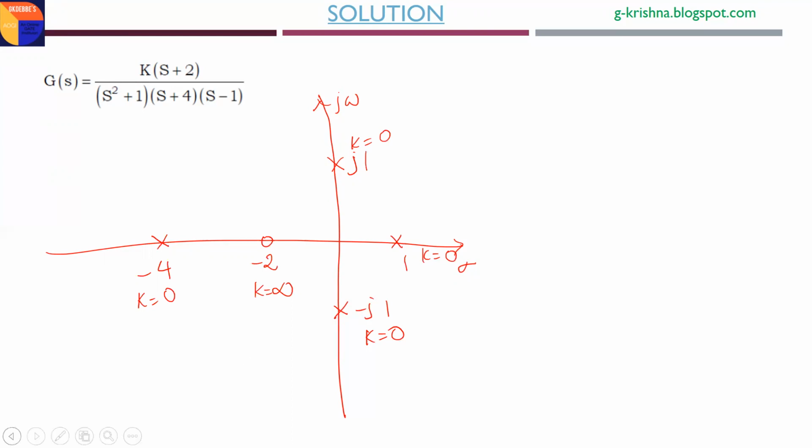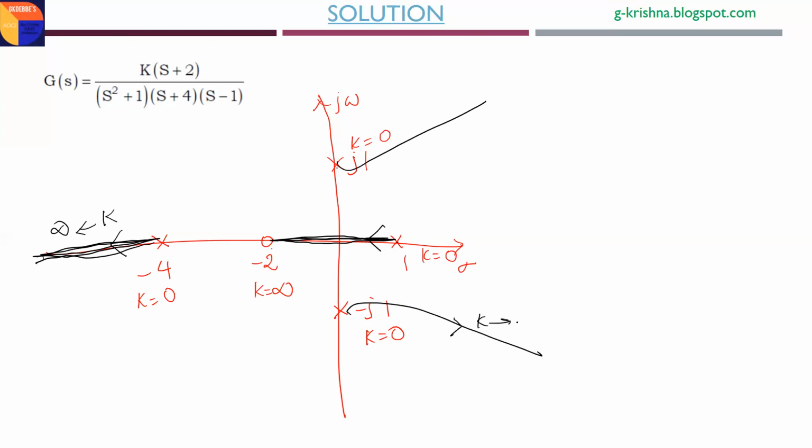Now, where does the root locus lie on the real axis? Between 1 to minus 2, and minus 4 to minus infinity. Then the angle of departure of these real poles is 180 and 180. The branch that terminates at infinity with 180 degrees is obviously the one starting from the closed loop pole at minus 4 for K equal to 0. That branch terminates with an angle of 180 degrees. This is one root locus branch. Another root locus branch will be between 1 and minus 2. The remaining two branches will break here and terminate with angles of 60 and 300 degrees.